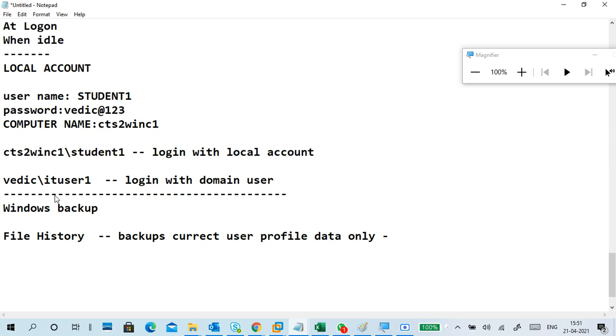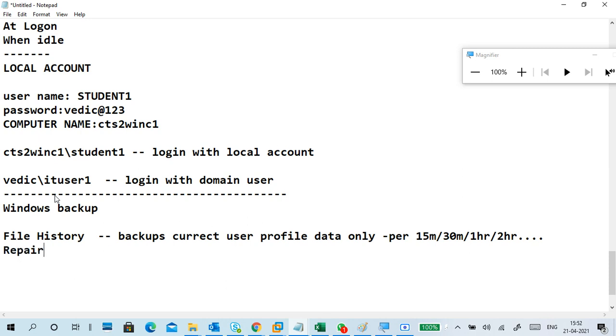It runs at a time interval, every 15 minutes, 30 minutes, 1 hour, or every 2 hours like this. It will back up at that interval. That is File History.